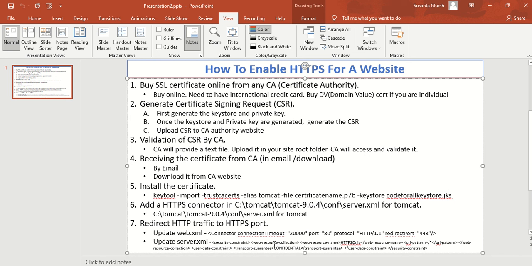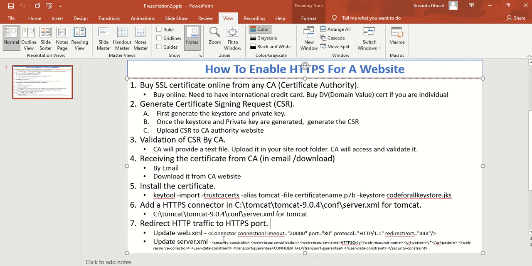Okay, so that's how you can enable HTTPS on your website and make your website secure. These commands and file names are based on Tomcat, because my site is installed in Tomcat.